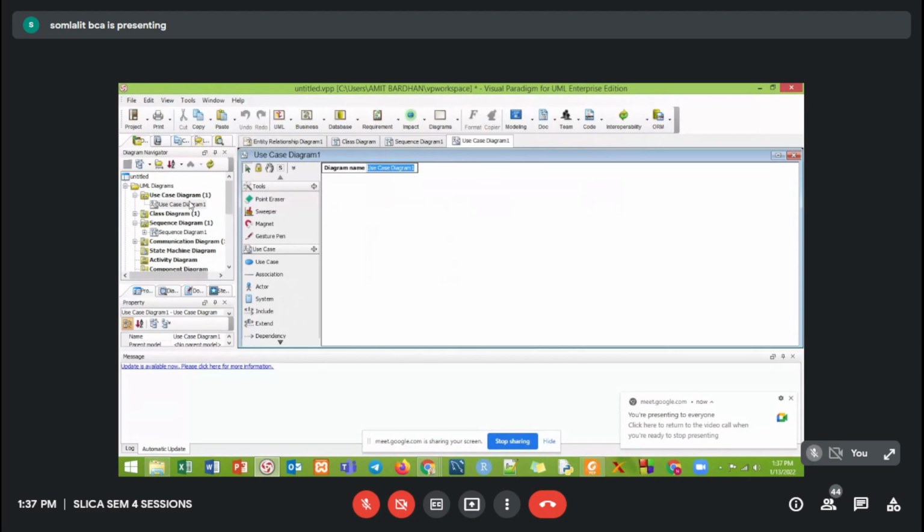So I need to have a boundary first of all. This is the boundary. Yes, this is the system boundary.